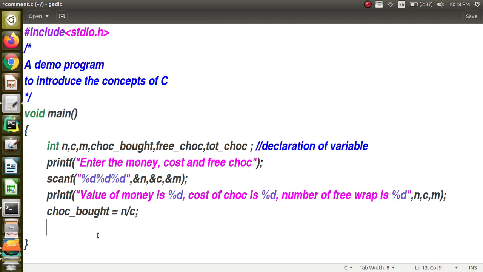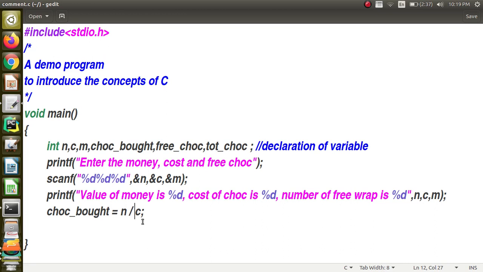And when you look at this, actually it will do something called integer division. In C language, look at the operands. Slash is the operator and N and C are the operands. Both N and C are integers. When both the operands are integers, automatically the system will do only integer division, so the decimal part will be removed.